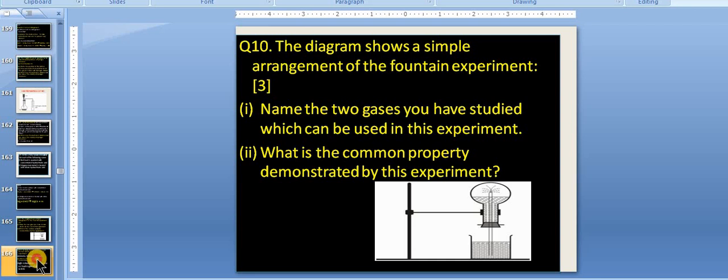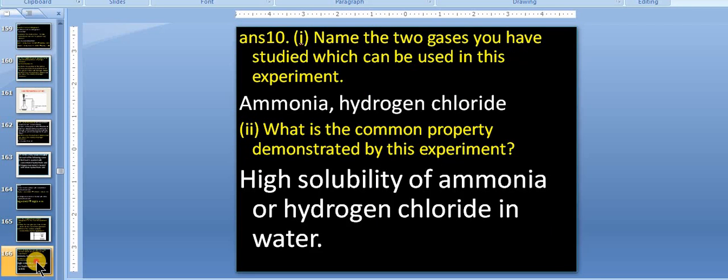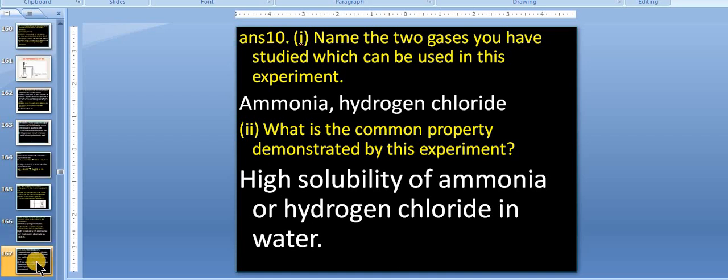Okay, so now next question, you can see the answer here. Ammonia and hydrogen chloride, these are the two gases, and the answer is high solubility of ammonia or high solubility of HCl in water. Okay, now if you go with the next question,